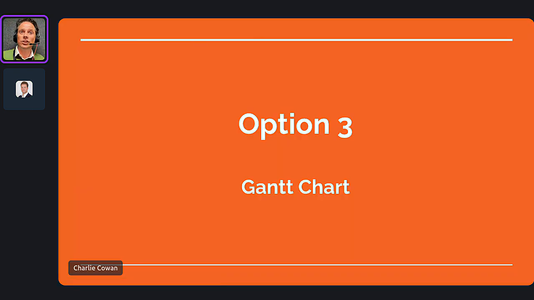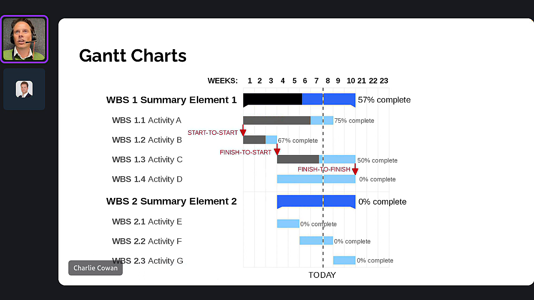And so that brings me to what I actually use, which is a Gantt chart. Now, if you're not familiar with a Gantt chart, it is a project management tool, and they often look a lot like this. They show a timeline across the top. They show all those set of activities down the side, and then they're showing an actual graphical representation of those timelines, those activities, when they're going to happen.